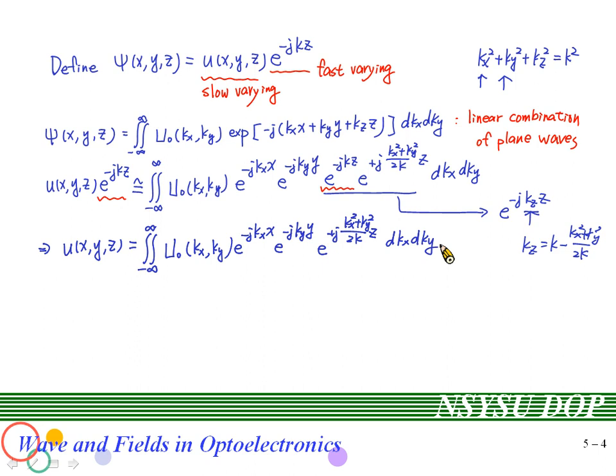Okay, so if you can find out the result of the integral, then this means that you can find out the result for u. And as you can find the result of u, you will obtain the E field and the H field. So in chapter 5, our purpose is to find out the result of the u function to obtain the E field and the H field. How to find out the u function? You just try to perform the integral like this.